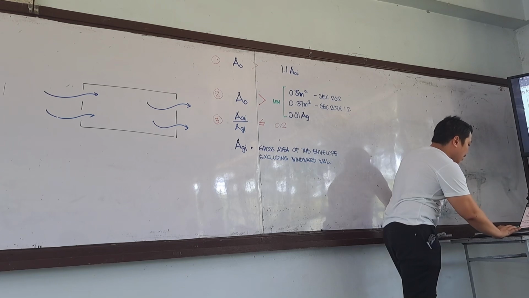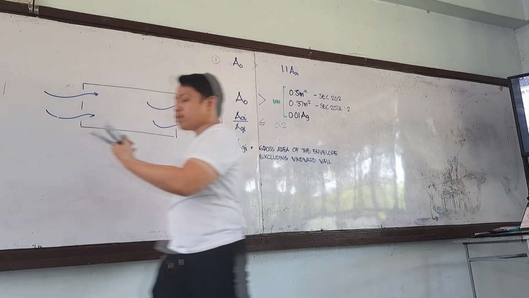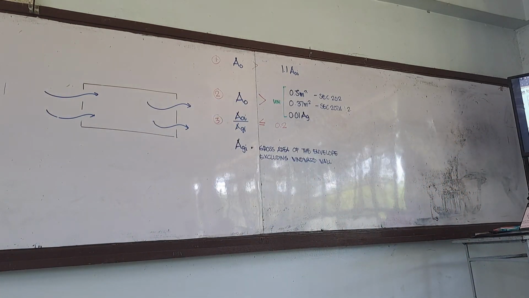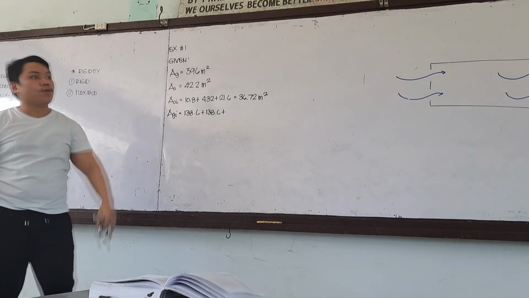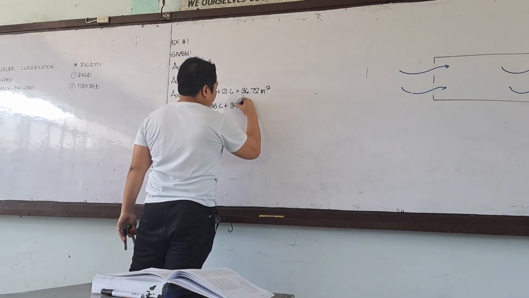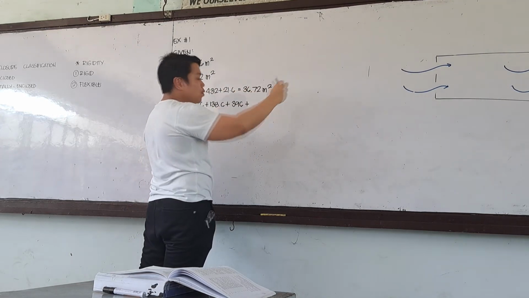Let's go back to it. To compute our AGI, this is the gross area of the remaining walls or envelope excluding our windward wall. That would be the front wall, which is 138.6, then the rear wall, which is 138.6, plus the left side wall, since the one that receives the wind is the right side wall, so plus 396. Then the area of the roof, which is